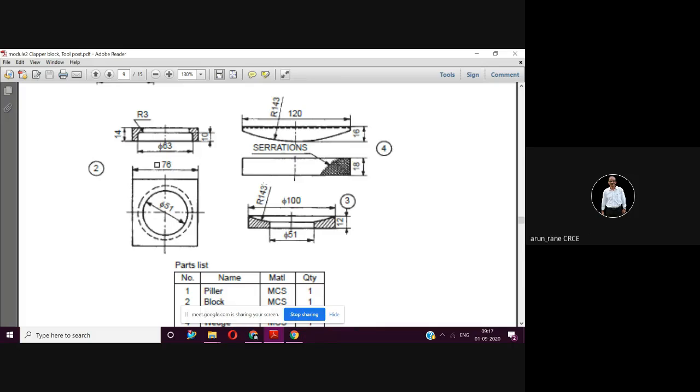Yes, sir. Once you draw this, how will you proceed here? Component number 3. Component number 3, you are drawing this view, isn't it? Yes, sir. So first you will draw this line, then you will draw this arc, isn't it? 143. Yes. You can locate the center on the center line which is at a distance of 134. Then you can complete this view, and once you are done with this view, then what?